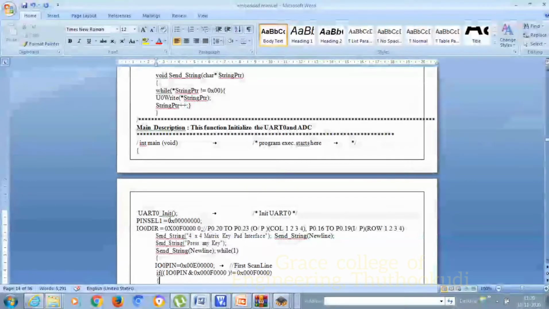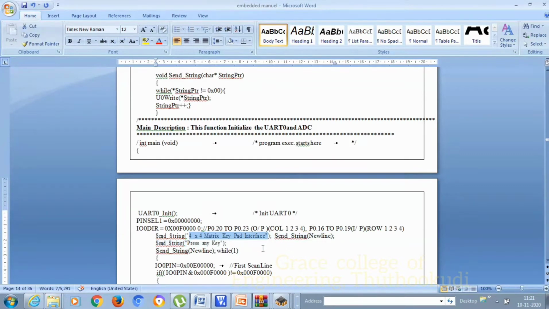Pin select 1 is used because we are going to choose port 0.16 to port 0.23 for connecting the rows and columns. Then the IO0 direction flag indicates that port 0.20 to port 0.23 for the columns, as well as port 0.16 to port 0.19 for the rows, are connected, so that these are taken as output, and it is given to the UART for the serial data transmission, and we can view this string in the output window, the hyperterminal window, 4x4 matrix keypad interface.